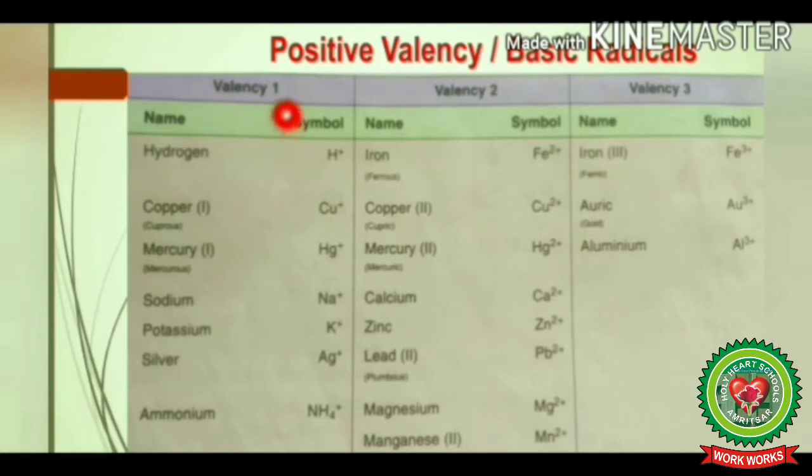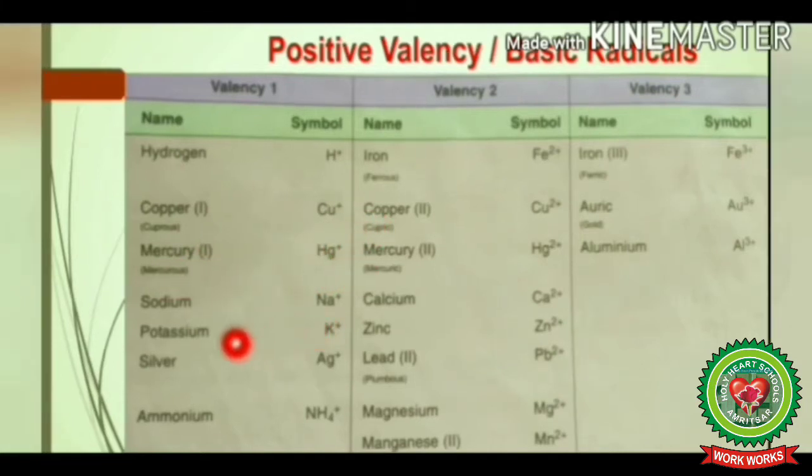First, we will discuss positive valency or basic radicals examples. The elements or the radicals which have +1 valency are hydrogen H+1, copper Cu+1, mercury Hg+1, sodium Na+1, potassium capital K+1, silver Ag+1, and the radical ammonium